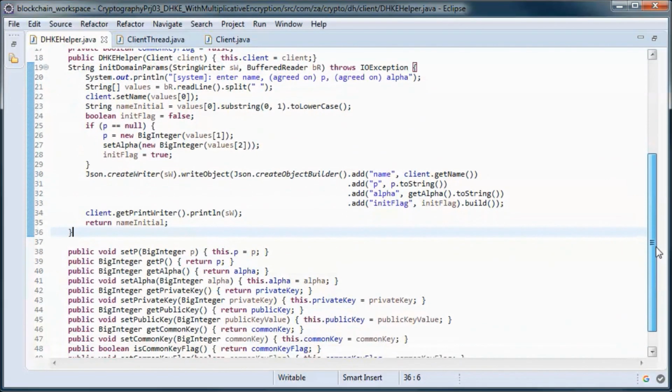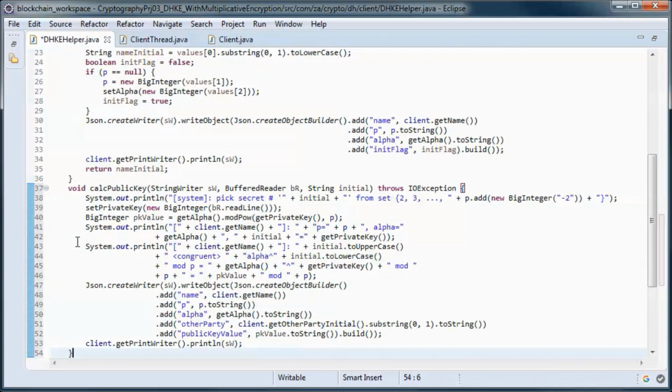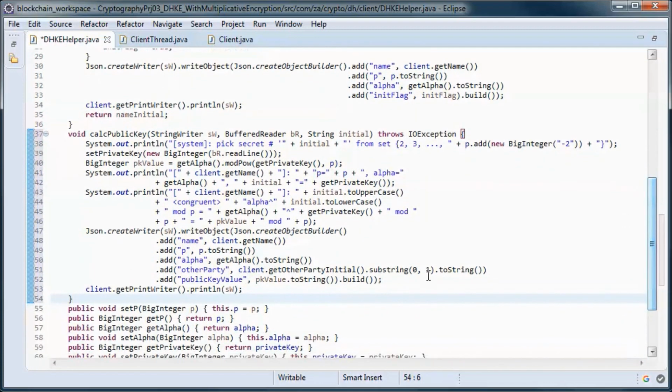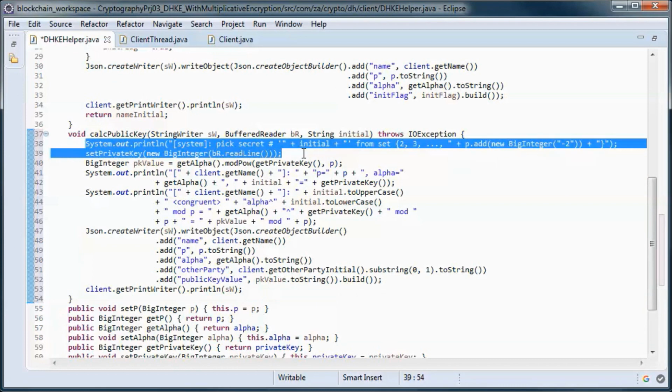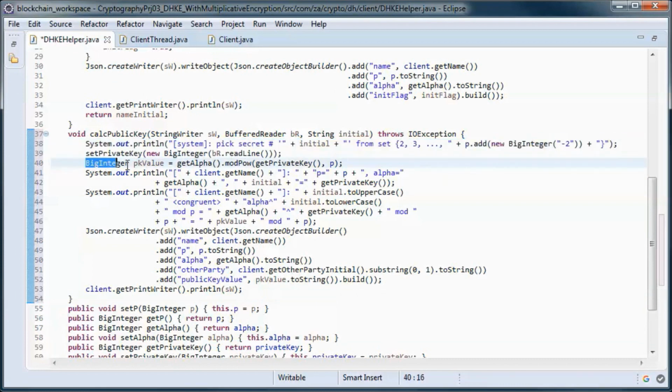And this method calculates the public key. So we prompt the user for a secret key, and we use it to calculate the public key.